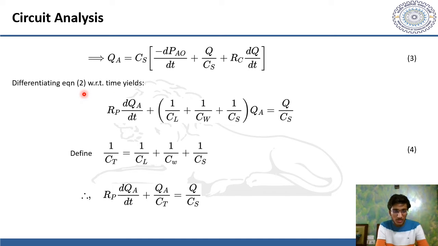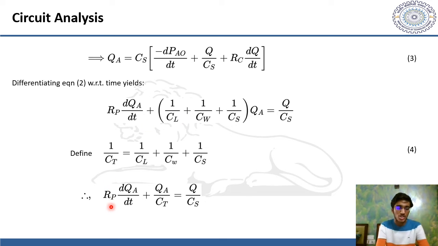Differentiating the second equation with respect to time would yield Rp times dQA by dt plus 1 over CL plus 1 over CW plus 1 over CS, this entire thing in brackets, times QA, is equal to Q over CS. As this entire quantity is multiplied by QA, we can replace it by another quantity which we refer to as the total compliance of the respiratory system, denoted by CT, and thus we define 1 over CT to be equal to 1 over CL plus 1 over CW plus 1 over CS, and thus this equation simplifies to yield